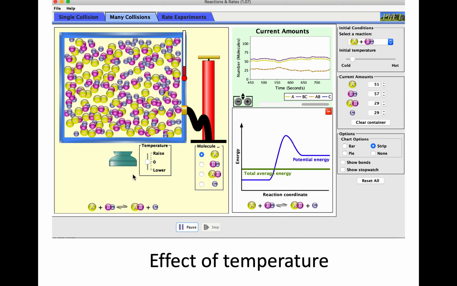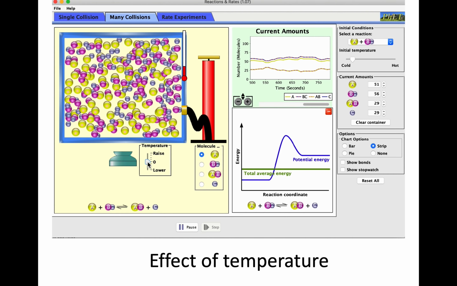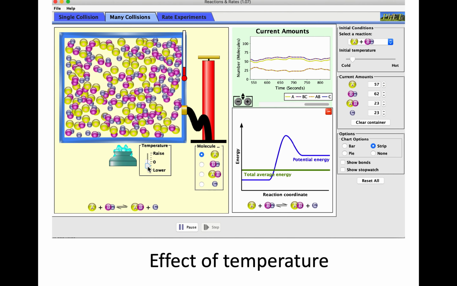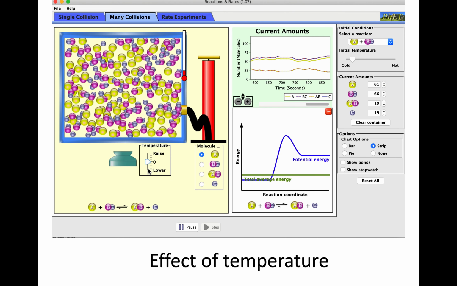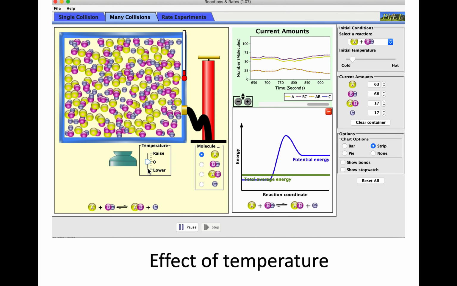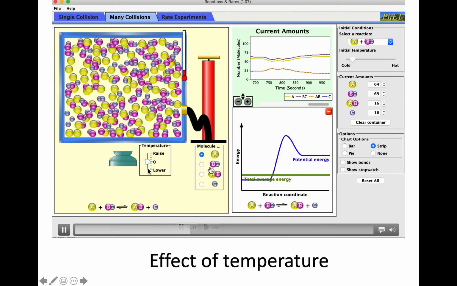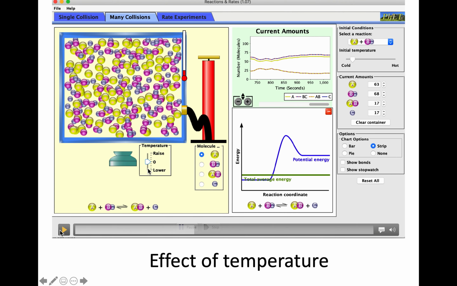Now we can alter the temperature. If we lower the temperature, it seems like it's exaggerating that difference. By lowering the temperature, I have exaggerated the difference, and I have